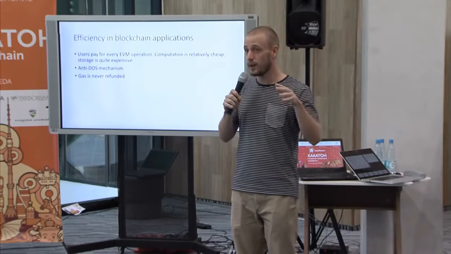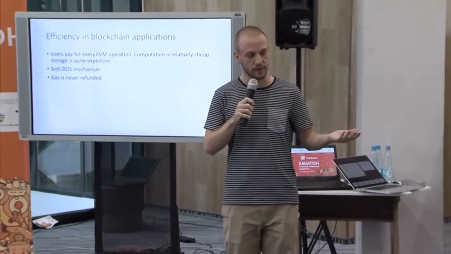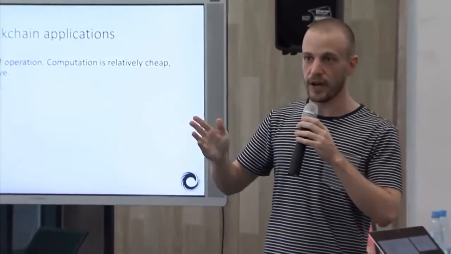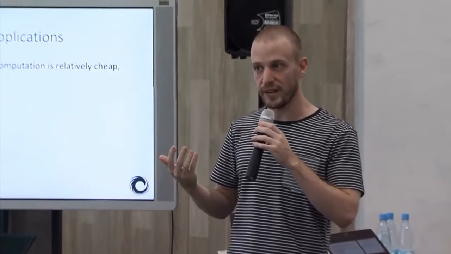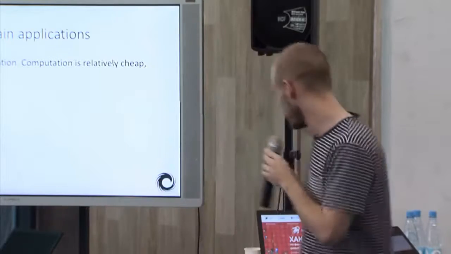They have to pay a decent amount for storage. It's expensive to store things on a blockchain because every miner has to store that information forever, right? We also pay a little bit for computation. So bear in mind that your users are paying a little bit of money for every computation that they do using your application. Only put the parts of your application on a blockchain which require the decentralization and trust factors that the blockchain provides. Like your front end is obviously not going to be running on the blockchain. Put as little on the blockchain as possible because your users pay for it.